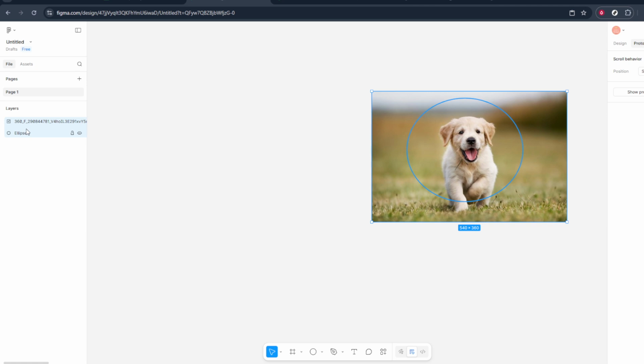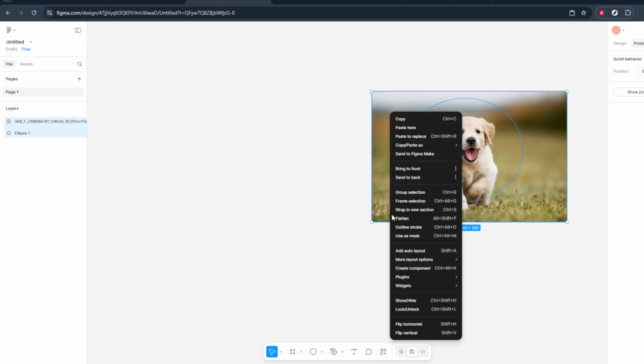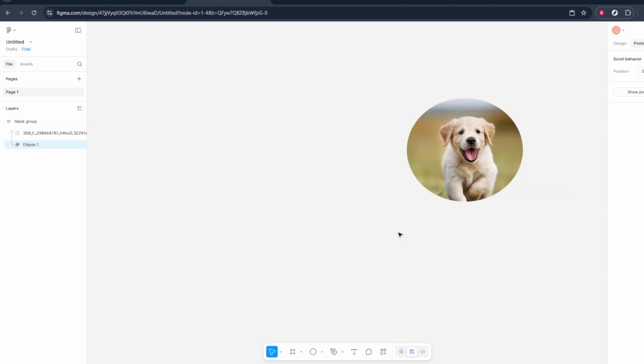Now, select both layers. You can do this by holding down the Control key on Windows or Command on a Mac, and clicking on the image layer and the ellipse layer in the Layers panel, or directly on the canvas. Once both are selected, right-click on the selection. From the context menu that appears, choose Use as Mask. Figma will immediately apply the mask, and you'll see your image cropped into the ellipse shape you created. You can still move the image within the mask